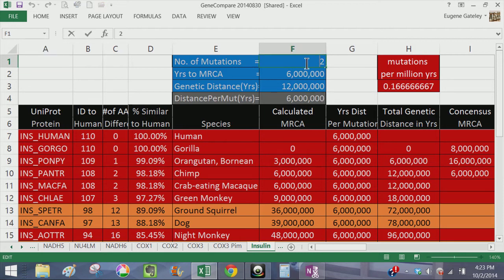For example, if we're looking at chimp, in this case, at 2 mutations, the consensus, well, I'm not even sure there is a consensus exactly, but years for the most recent common ancestor would be 6 million, which is what I hear mostly. Sometimes they give a range between 5 and 7 million years. But anyway,